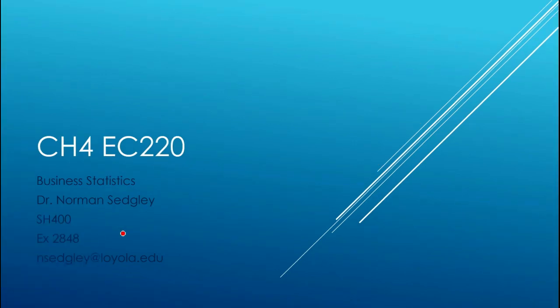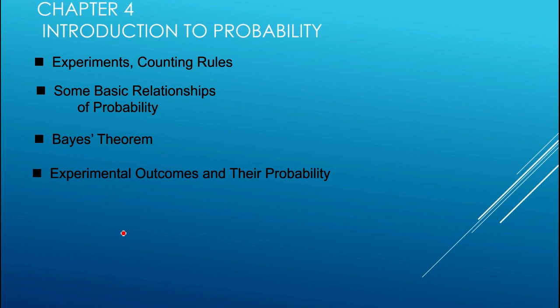Welcome to the first video for Chapter 4. Chapter 4 is the first chapter in Module 2 of our course, where we bridge the gap between the material from Module 1, where we did simple descriptive statistics, and the material that we will cover in Module 3, where we cover inferential statistics. In this first chapter, we're going to cover a number of key concepts, including defining experiments